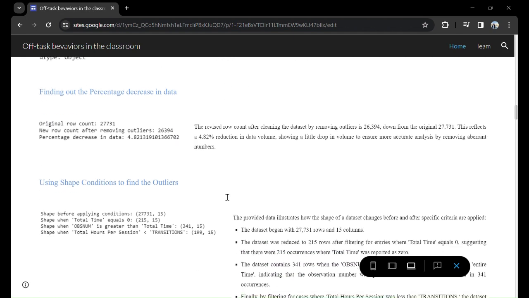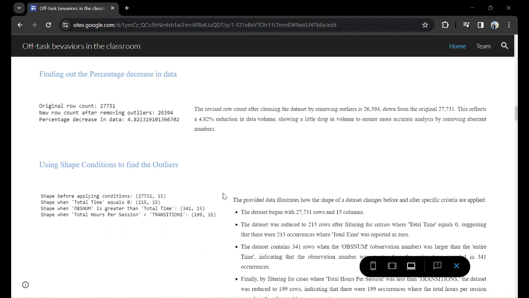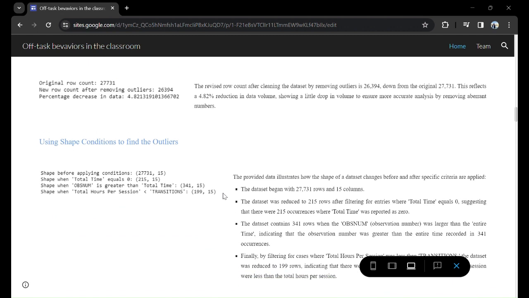We have also used a shared conditioning to find the outliers. In the beginning, the data set is around 27,731 rows and 15 columns. We have reduced the data set to